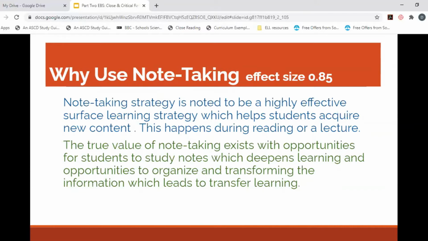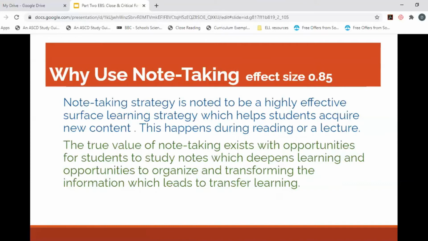Some of the types of note-taking are Cornell notes, mind maps, outlining, and charting. The following slides will discuss these types of note-taking. Let's return to why note-taking is important. Once the notes are taken, it provides opportunities to share opinions, question to clarify details, and deepen the student's understanding